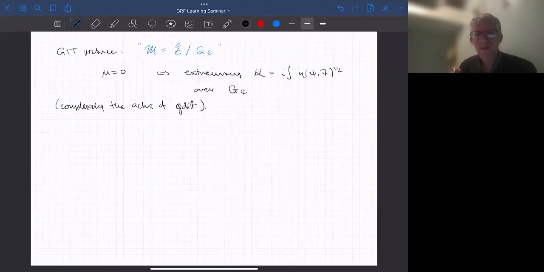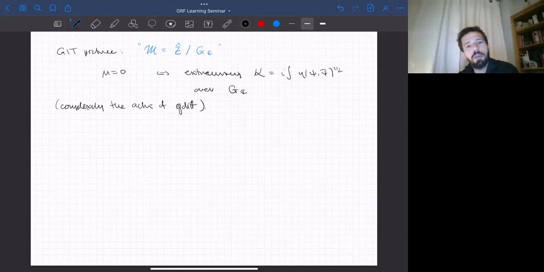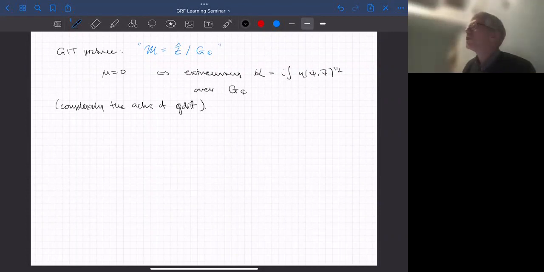Yeah, so before you mentioned that the Kähler potential is something like the norm squared of the moment map or something. No, it's the norm functional, which is not the same as the norm squared of the moment map. Sorry, yeah. So in the GIT picture, you think